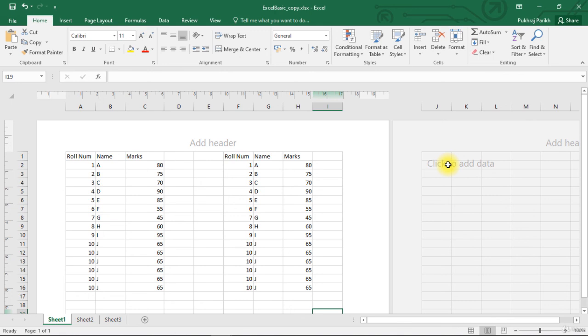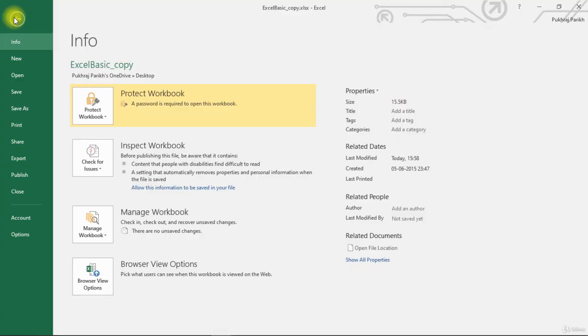That's all in this video. Let me summarize quickly what all we learned in this video. We primarily discussed all the options that we see in the File button. We first saw how to open a new Excel sheet. We saw how to open a previously saved Excel sheet using the Open tab. We then saw how to save our work using the Save and Save As buttons. We then learned how to password protect our workbook using the Protect Workbook button. And lastly, we saw the printing options and how to preview the page before it is even printed.